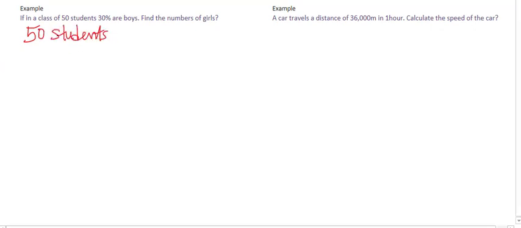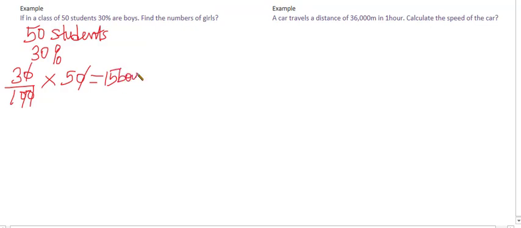We have the percentage of boys to be 30%. So for me to determine the number of boys in that class, that will be 30 over 100 times the number of students in the class, which is 50. So the zeros cancel out, and what I'm left with here is 15 boys. So that means the total number of boys in the classroom is 15. So I'll subtract that from 50 to get the number of girls in the class. So that will be 50 minus 15,